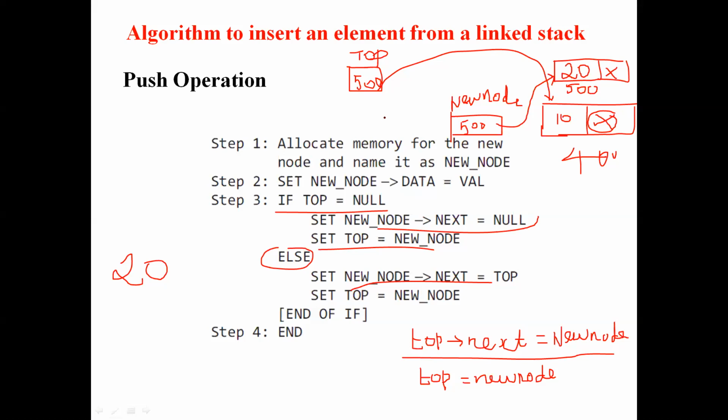Okay. And one more thing, if you want to maintain the first element's address, you can have another thing also. You can have a start pointer also. The start pointer will hold the address of the first element. You can store 400 also if you want. Otherwise, don't want. Right? Is it okay?